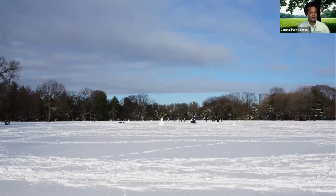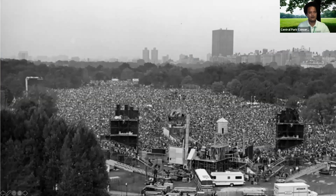Now, here we have an image depicting what this lawn is popular for. Again, one of the premier destinations in New York to enjoy outdoor concerts. And this is from a concert that happened in 1981, where Simon and Garfunkel performed to a crowd of close to 500,000 people. Heavy use like this, in the 1950s, softball fields were added as well, and this heavy use